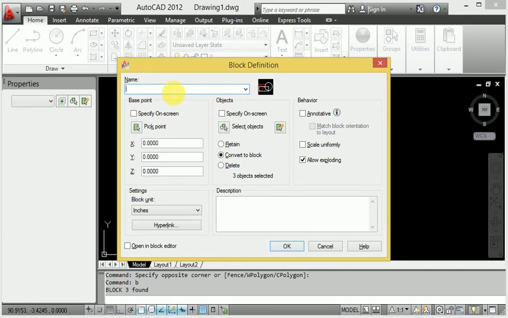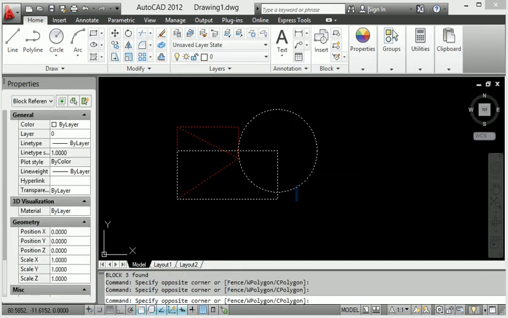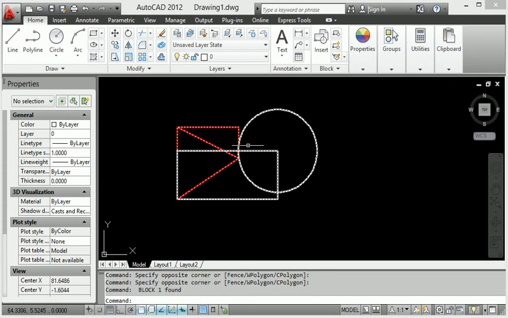So Control B becomes block definition, and when I select the whole image, whatever name you give there is fine. I will just provide A as the name. So I select this one component and one line selects all the lines.